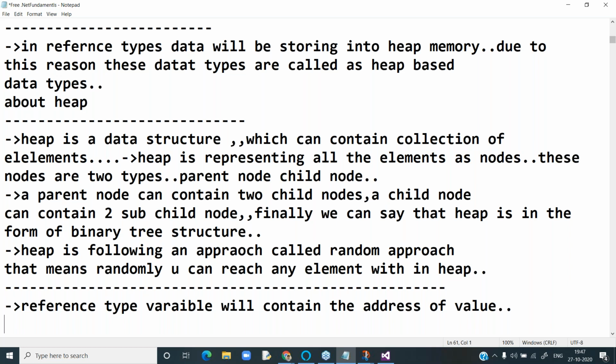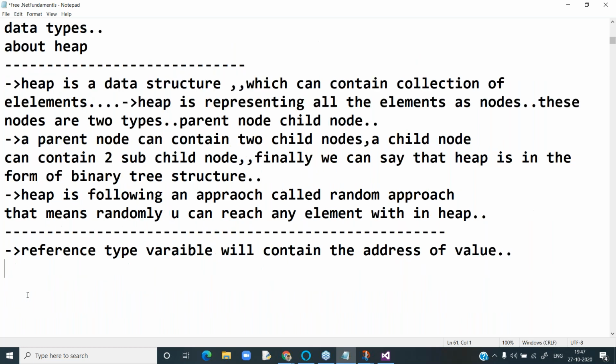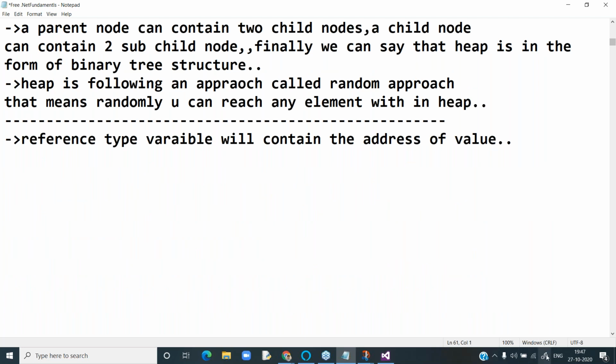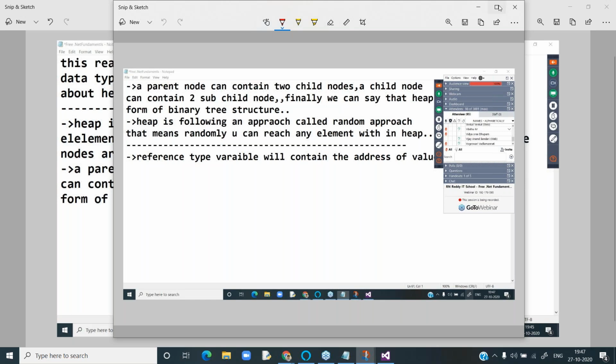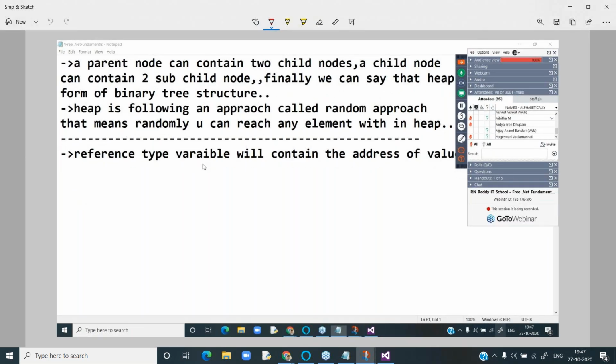Can you tell me which are reference types? Which are classes among the primitive data types? Whatever we have discussed from last class, which are classes? String and object. In the last class I also showed you that string is defined as a class within System.